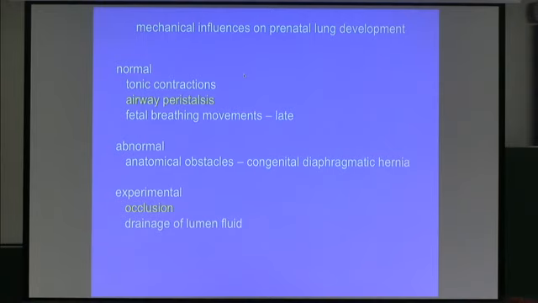What I want to focus on in terms of mechanical influences on the development of the lung is just simply what happens when you close off the trachea and its influences on development. Now, normally under development, the trachea is open, and the fetus later on, once it has a diaphragm, can engage in breathing motions, but experimentally, if you're growing one of these lungs in a dish, the trachea tends to pinch off, and the development is different in the case where it's pinched off in a wound healing response versus where you've kept it open with a tube